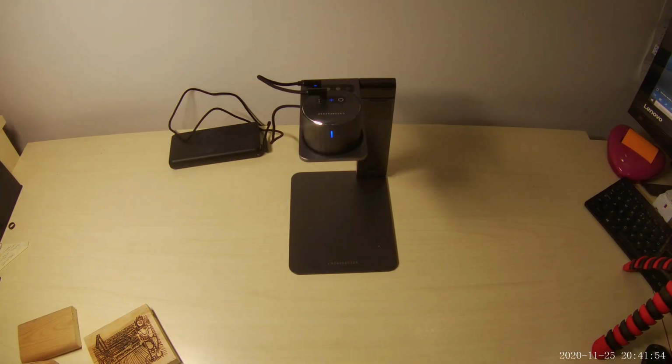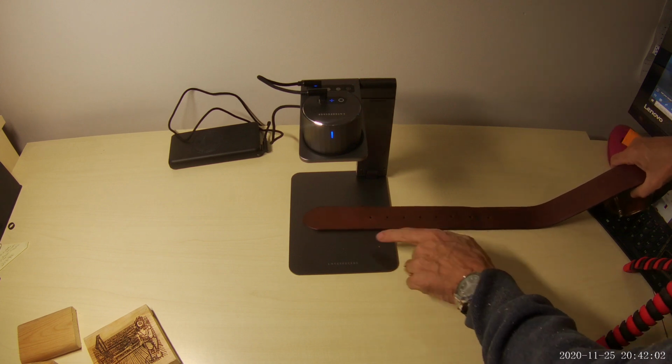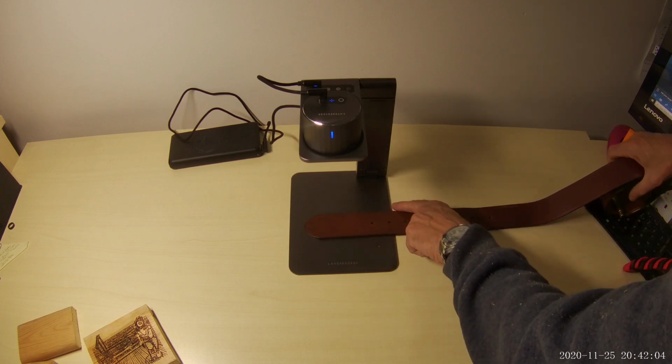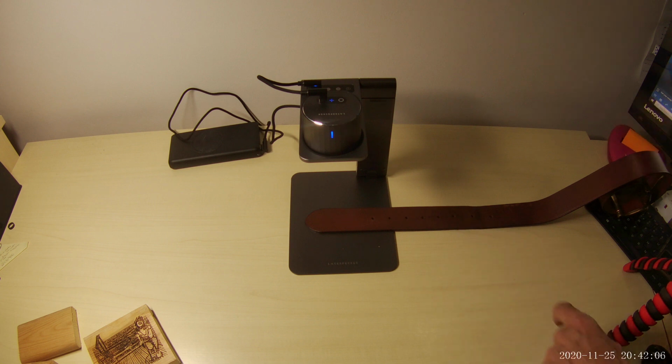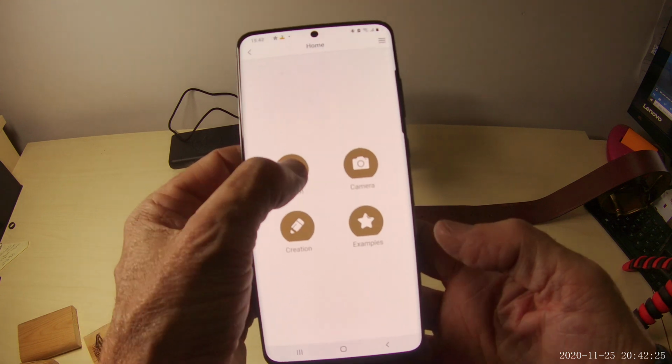Alright, so the first thing that we're going to do to print this logo onto a leather belt is obviously get the leather belt, make sure it's oriented in the right direction, and it's going to print from the top down. So if you don't get it right, then you're going to have an upside down logo, which is something that you don't want. So now we've got the app, and what we do is open the album,